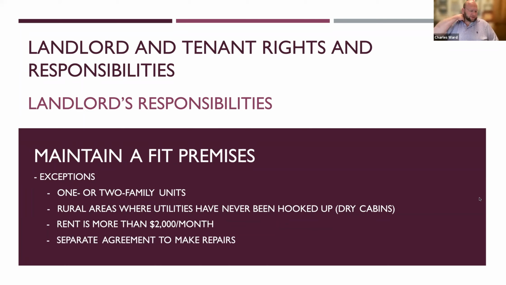You can also enter into a separate agreement to make repairs. Now, the way this works is it's not part of the lease. It has to be a separate writing from the lease, and it can't be a condition of the lease. But what you can do is say you have a lease that the tenant is obligated to pay $1,000 a month for. They can have a second separate agreement that says the tenant is going to make certain repairs to the property, certain upgrades, and in exchange for those repairs or upgrades, the rent would be reduced, or the landlord would simply pay the tenant a fixed rate to do those things.